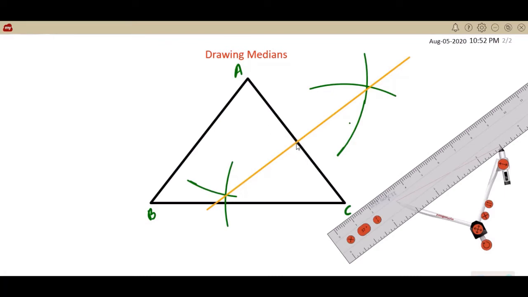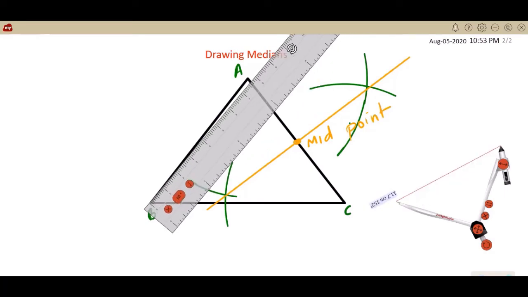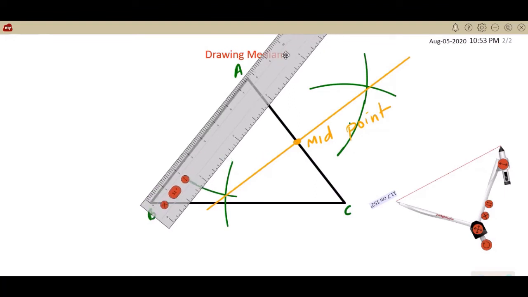Anyway, this way you can connect the two intersections, and the line passing through is the midpoint. This is the midpoint. Now from that midpoint you have to draw a line connecting to the opposite vertex, that is B in this case. For the other midpoint I am roughly taking it, not making it accurate, simply measuring with the scale, and I can see that it is almost